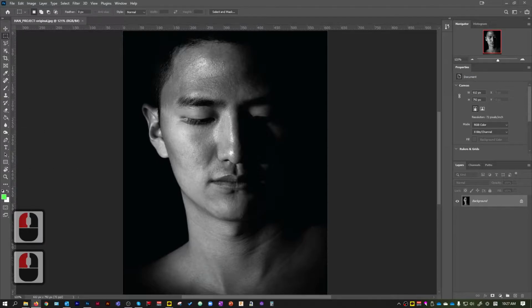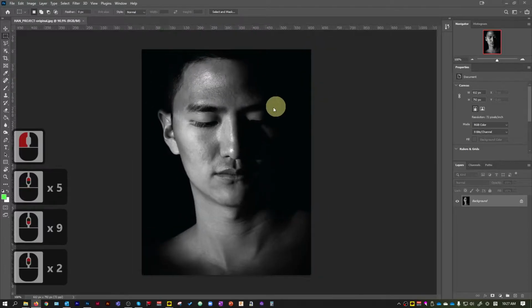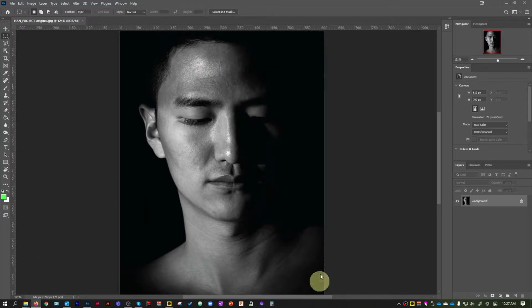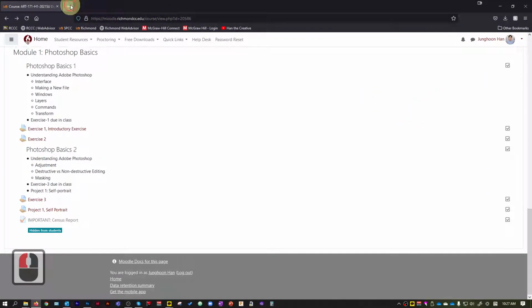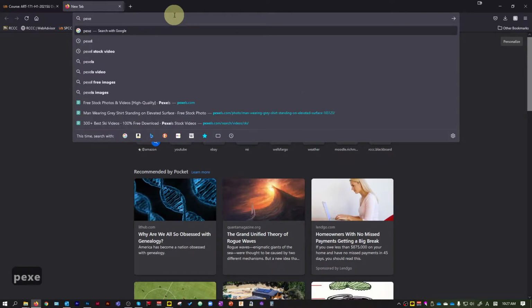So let's take a look. So right now I have myself here, and we're gonna Photoshop the different image into it, and then we're gonna blend it in with this original photo to create a very unique look to it. So first thing first, what we need is another different photograph. So let's go to Pexels,